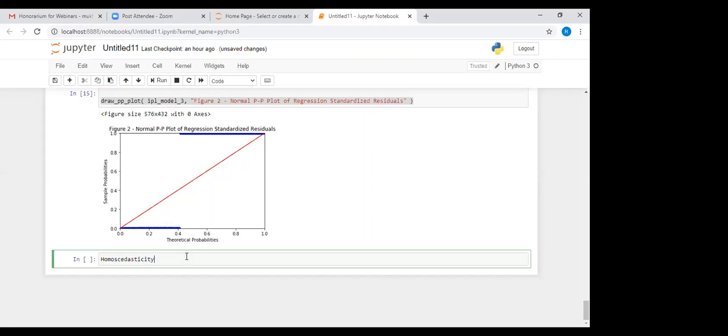I said that the error will follow a normal distribution and the variance of the error should be constant. So to check homoscedasticity, we plot on the x-axis the predicted value and on the y-axis the standardized residual values.